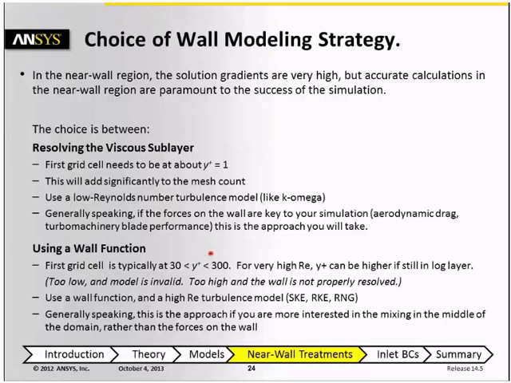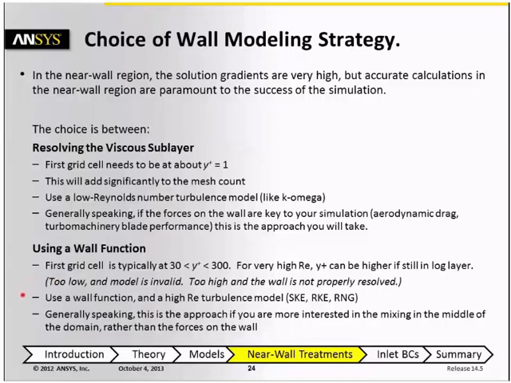If the system Reynolds number is very high, then the log layer can extend to values far past 300, and that means that in cases such as that, higher values for y plus can be tolerated if you're using wall functions. On the other hand, if the system Reynolds number is on the low side for a turbulent flow, the log layer might only extend out to 50 or 100, and then if you put the first grid point at y plus equals 30, there would only be 3 grid points in the boundary layer,